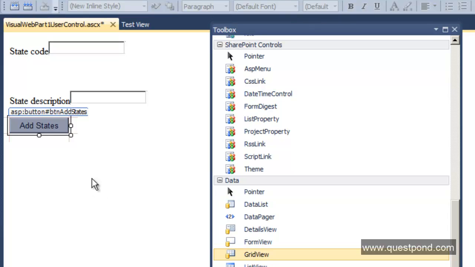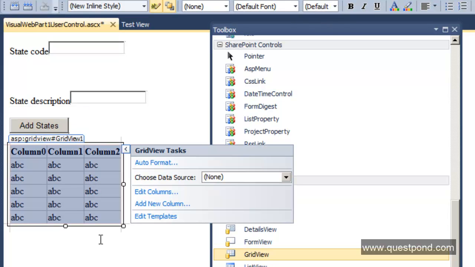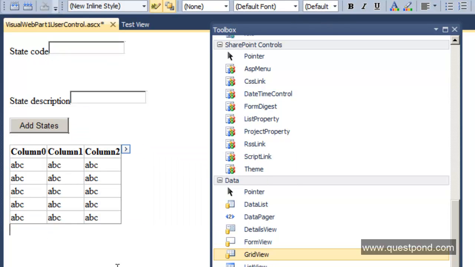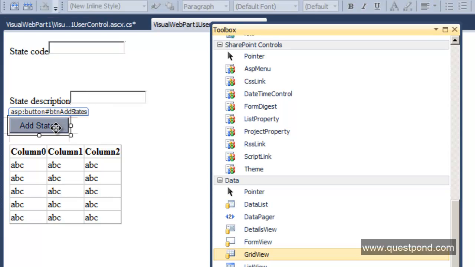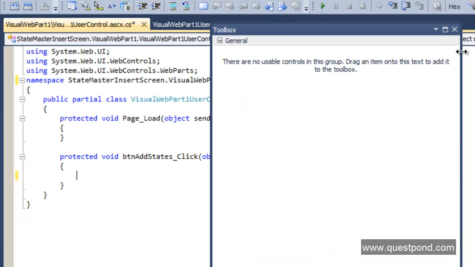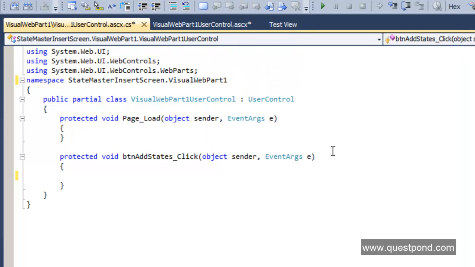So the way this will work is this web part I'm going to host on the Quest HR site, and this web part, which is created in ASP.NET, will help me to add states to the state master list. So let's double click on the add states button now, and let's start writing code which will help us to connect these ASP.NET text boxes to our